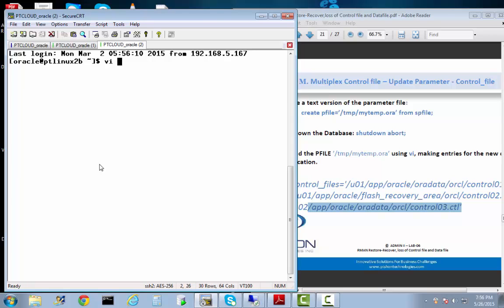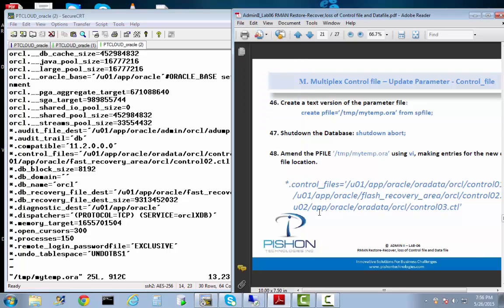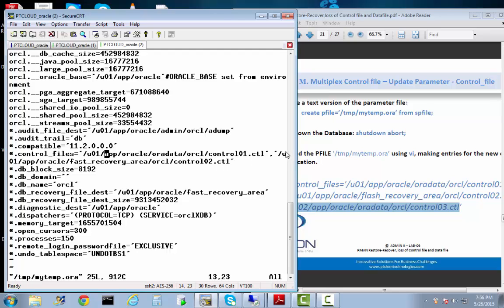vi /temp/mytemp.ora. That's what that file was. And if you scroll down, there is our parameter for control file. It simply says that we have